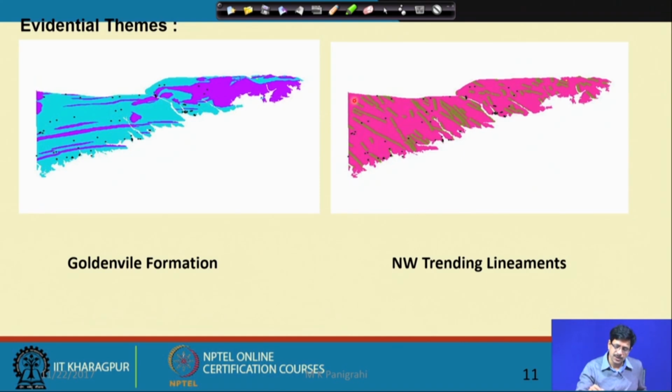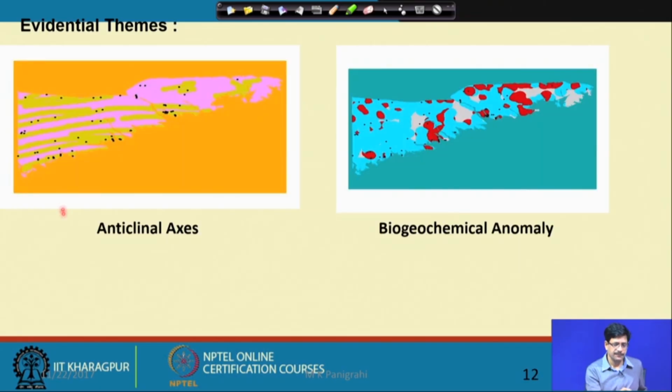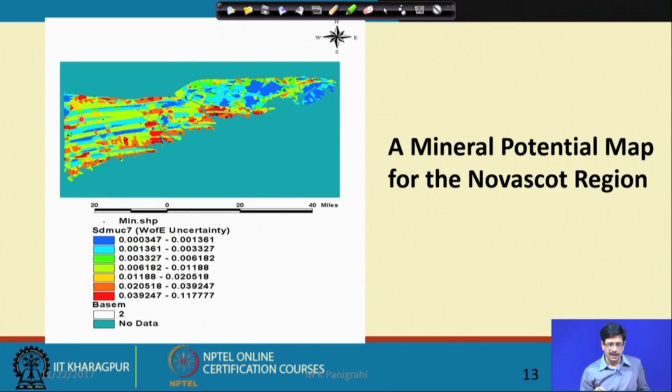It could always be understood in terms of what spatial distance away or within from that particular geological feature the ore body is occurring. Similarly, this is the plot of the anticlinal axis that is studied here, and with respect to that also, the ore bodies, the ore body points are fixed, only we are showing the other geological features. This is a biogeochemical anomaly map, and combining all these together,